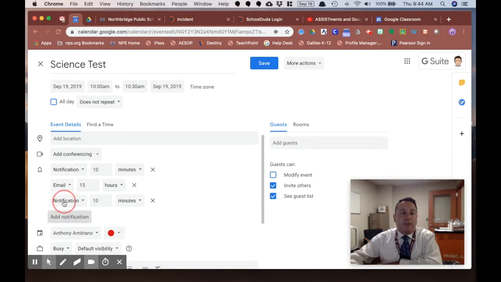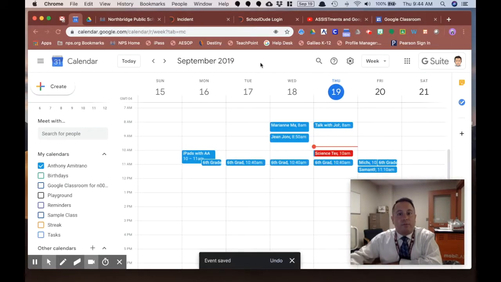And then, like I said, you can add another notification if I wanted to do the same thing, have it appear on my phone. If I want multiple notifications, I could do that also. And if I wanted even more notifications, you can just add as many as you want. I want another email 2 days before, so that I remember to bring home my study guide, or I remember to make flashcards or something like that to help me study. I can do that too. So all those notifications will take place automatically